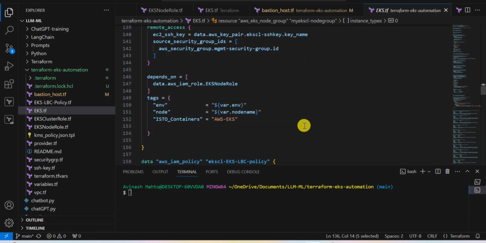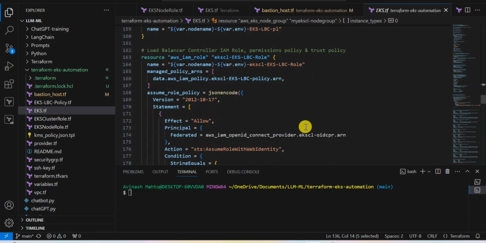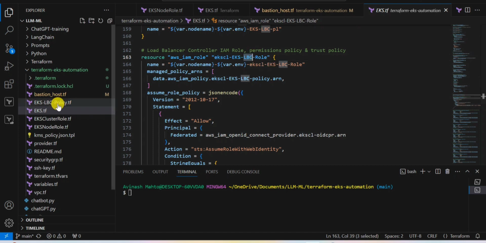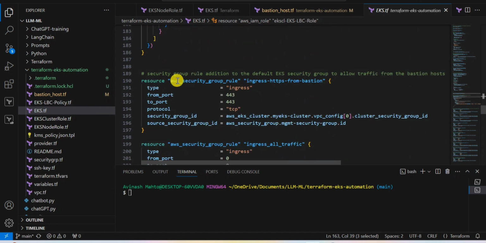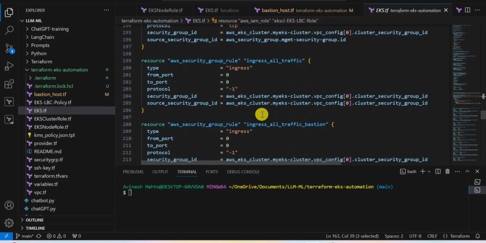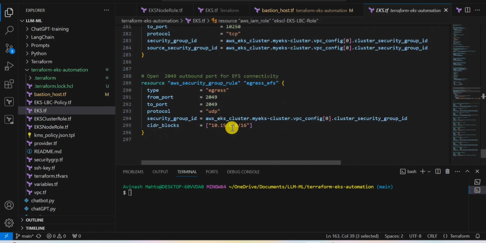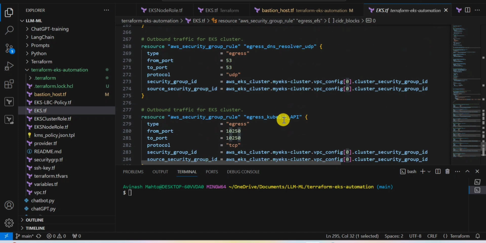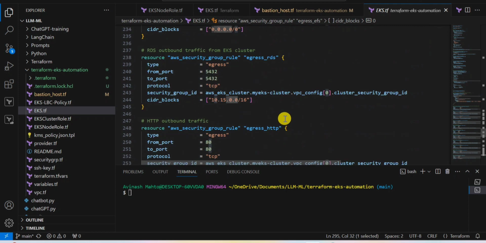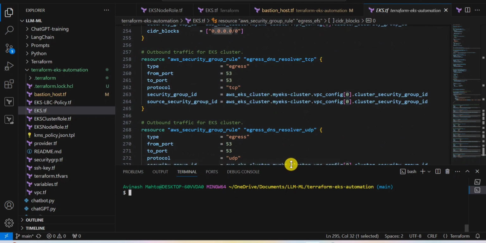Then let's come down, and here I am updating the load balancer controller IAM role. I am creating one role here, the LBC role, and attaching the LBC policy to this role. After that I'm creating a few security groups which are required for traffic in and out of your EKS. You can go through it and update these values as per your VPC CIDR range. So let's run this command,